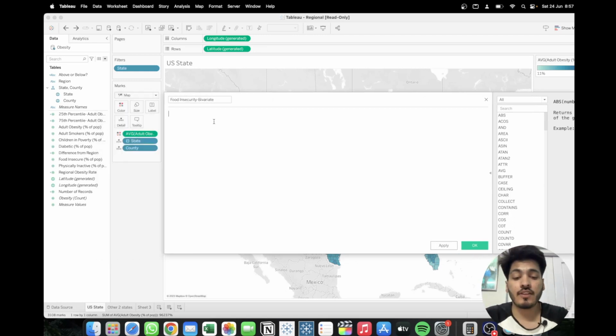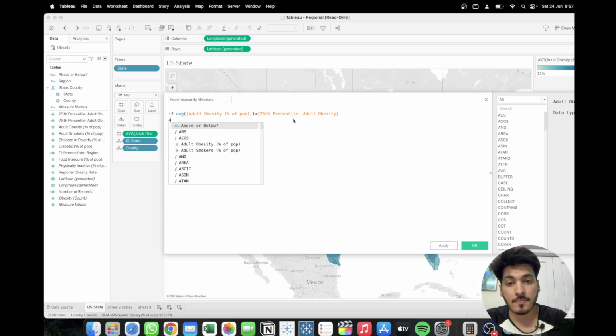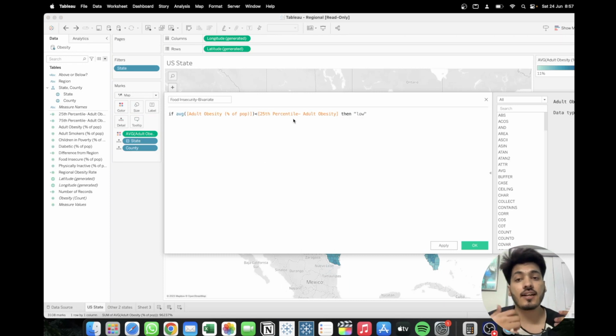Now I'm adding conditions: if my average value is less than the 25th percentile, then it means our food insecurity is low. Sorry, adult, I've written it wrong, it should be the adult opacity measure we are seeing as of now. So adult opacity is low,